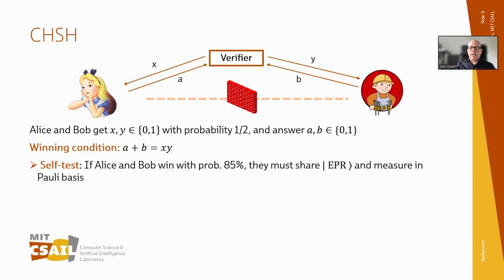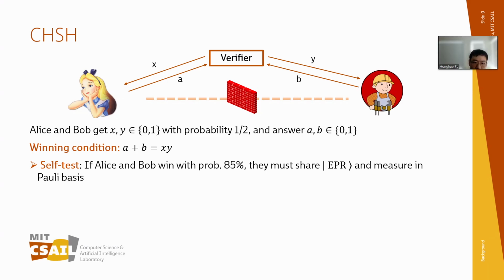Can I ask another question? Sorry, that's maybe a bit premature, and I also don't want to take away anything that you say later, so maybe you just want to skip. I mean, of course, it is true that the EPR pair is the only state that's consistent with these data, but it's much less obvious to say that you're close to an EPR pair if your measurement outcomes are close to those of the EPR pair in the CHSH game, right? So the robustness of that statement is a bit tricky, and that's why it's so difficult to get good bounds in self-testing. Are you going into this later, or is that not important? No, I'm not going into the details of the self-test. I just want to introduce the idea of self-test. Okay, good. Good to know.